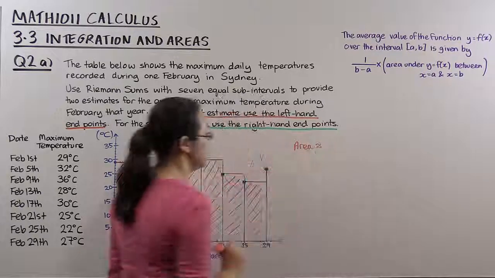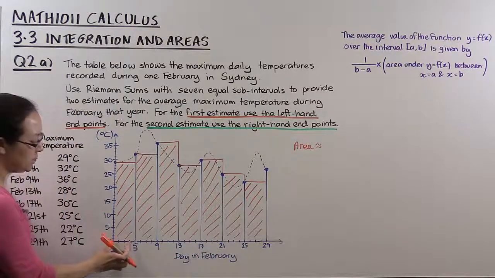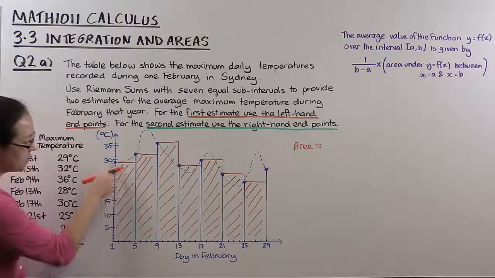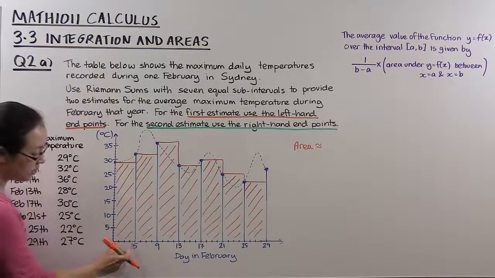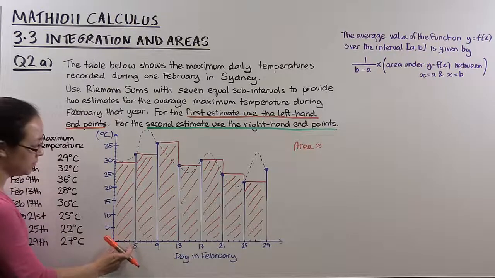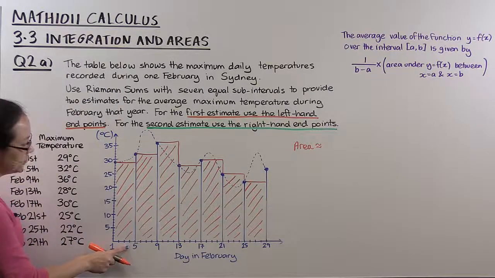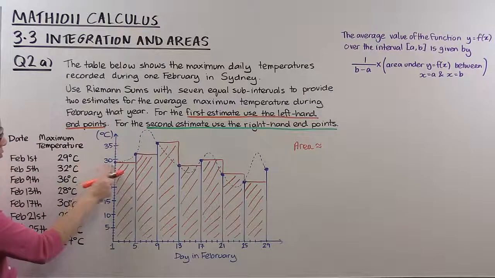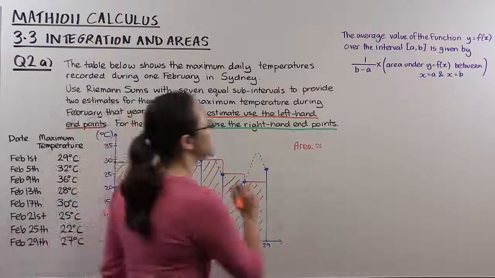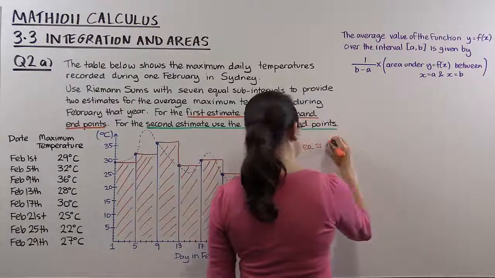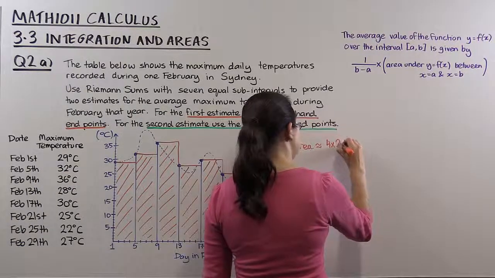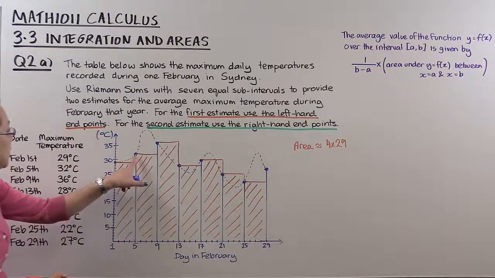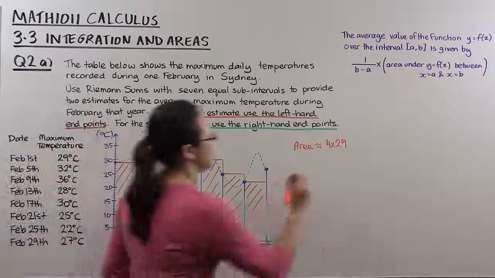Okay, so the area, using those leftmost endpoints, is going to be the area of each of these rectangles. The area of a rectangle is the base times the height. The base of each of these rectangles is 4. So the area is going to be 4 times, this height here is 29. That 1st of February temperature is 29. So this area is going to be approximately 4 times 29 for that first rectangle, 4 times 32 for the second rectangle,